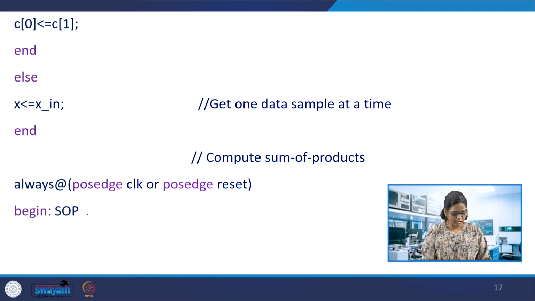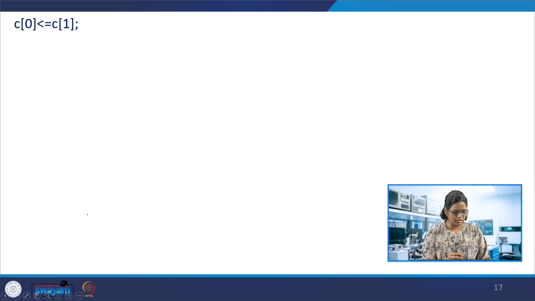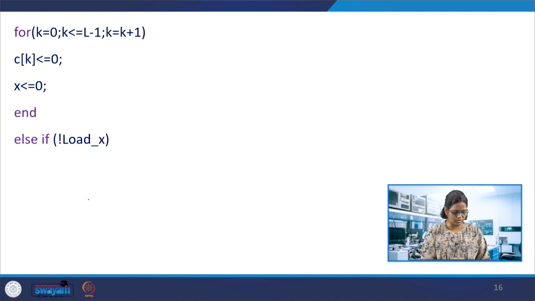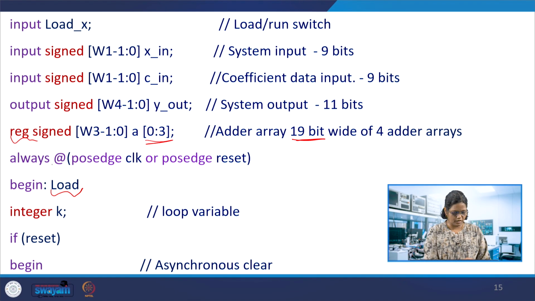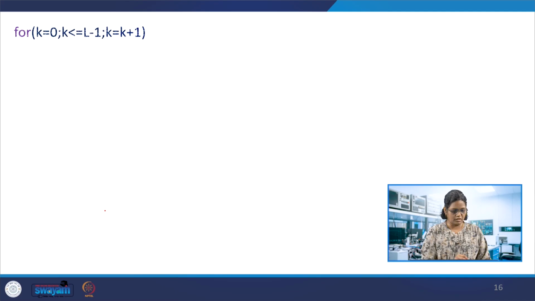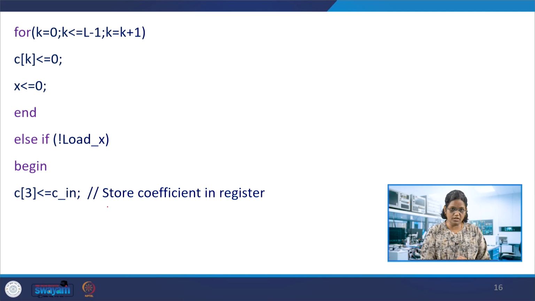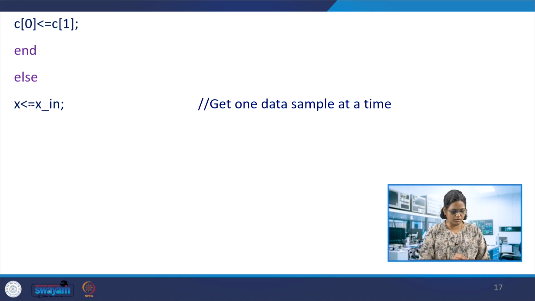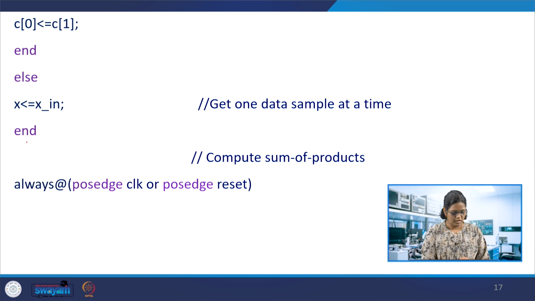Now this is the always block, the previous always block having the initialization and storing coefficients. Here you see, always at passage of the clock, passage of the reset, if this is for reset, then initializing the coefficients, and then having the coefficients stored in arrays. This is storage. After this, assign this input x to xn and then end. This is ending over here, the first always block. Next one, compute this, for always at passage of the clock, passage of the reset.